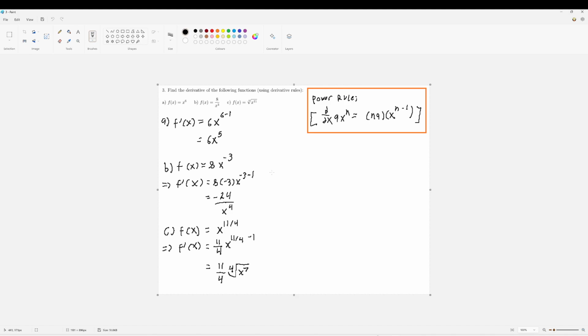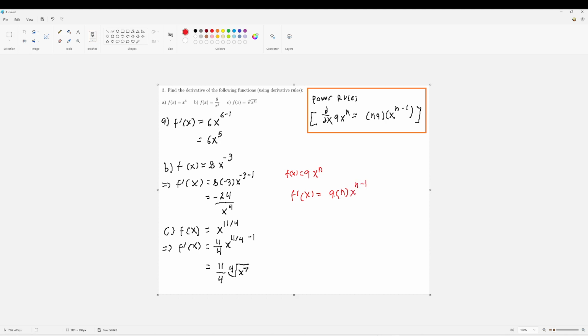So what is this one? Yes, the derivative rules. The first one we're going to look at is the power rule. Basically, we have a x to the n, and say this is f of x. The first derivative is just going to be equal to a times the degree up here, x to the n